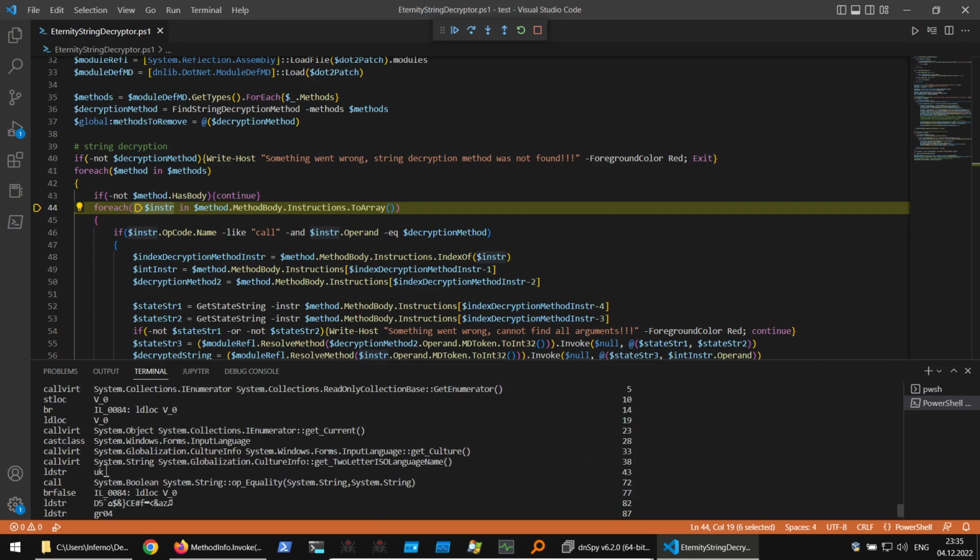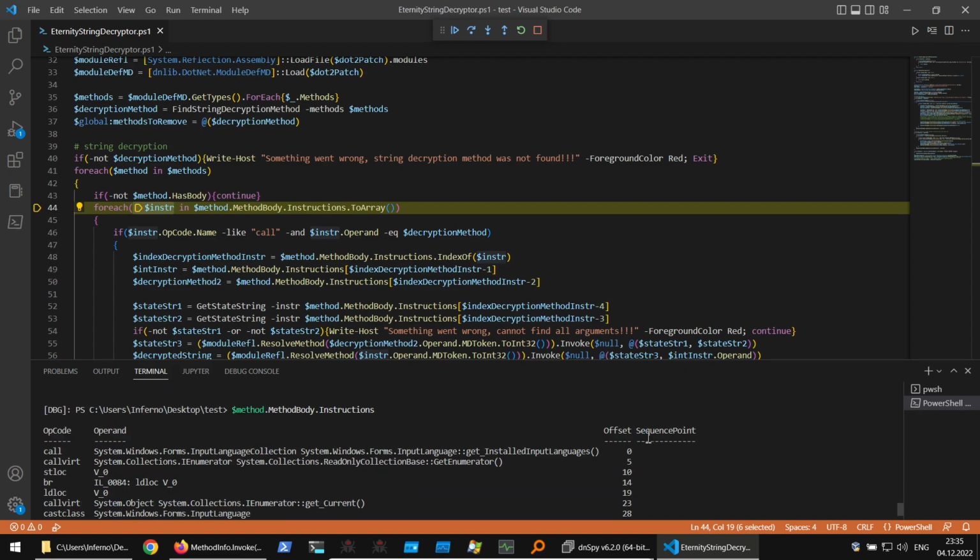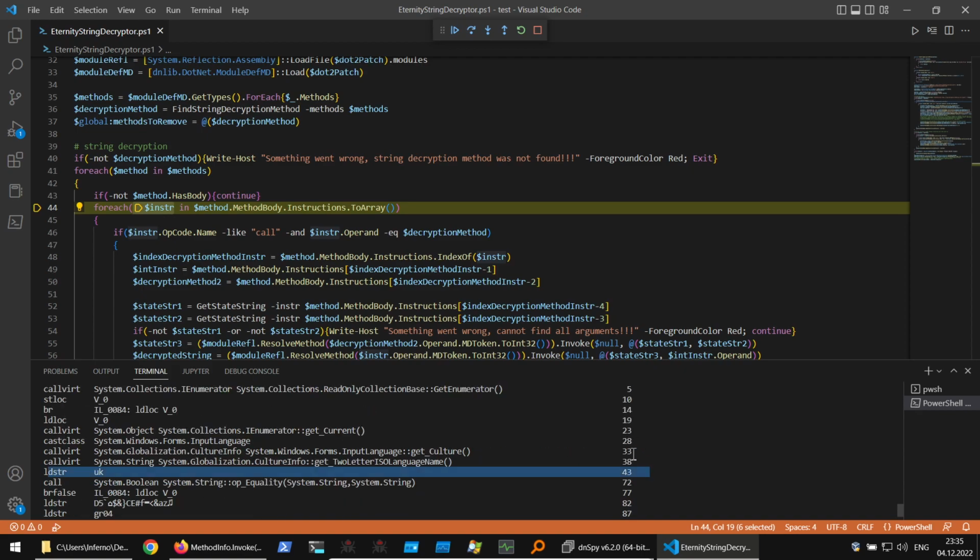Like here, UK, and nothing else. Great. But there is a problem, because you can see, check the offsets. There are some kind of offsets, and you can see what offset means. Offset means, for example, the offset in the method where the instruction starts, and the next offset of the other instruction should actually be